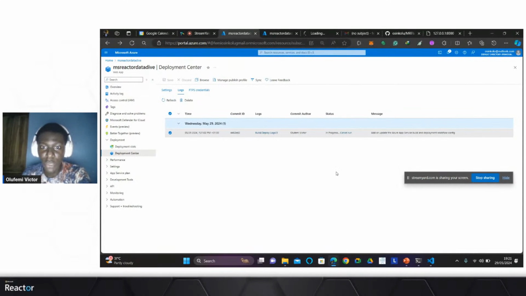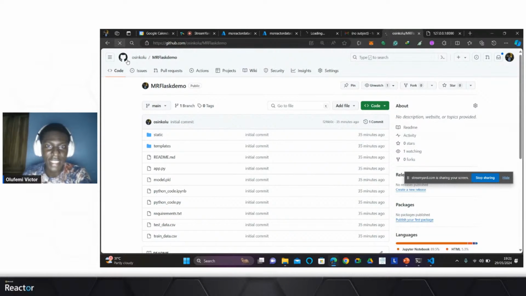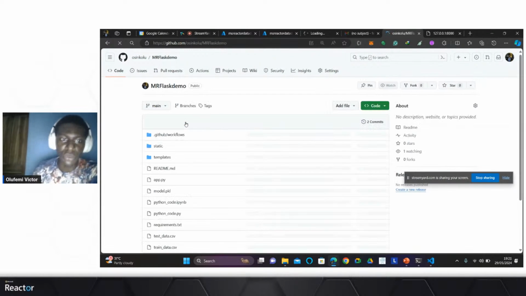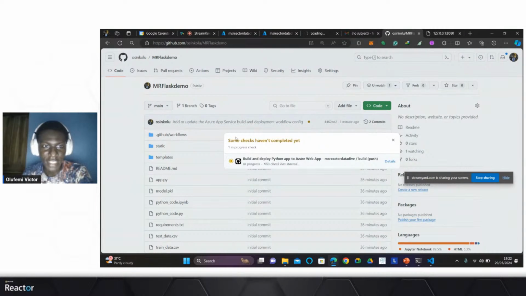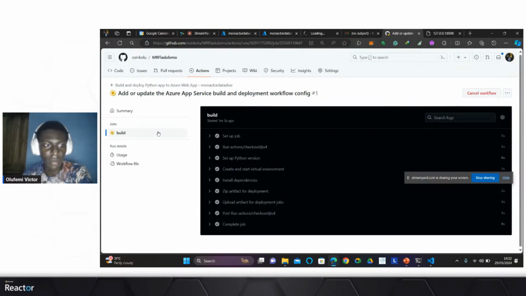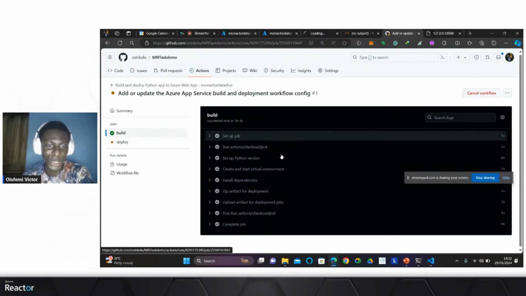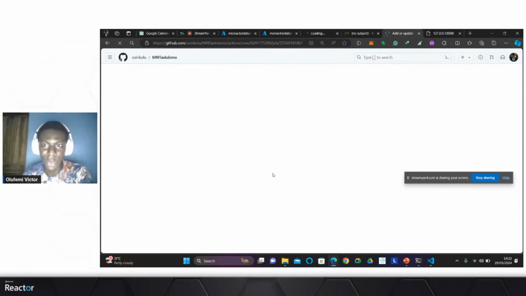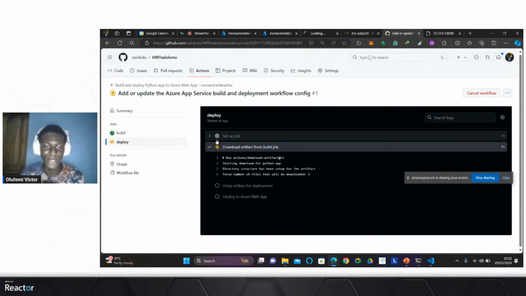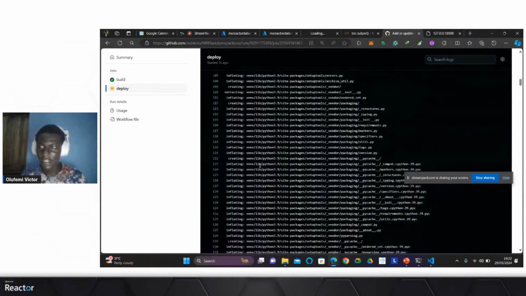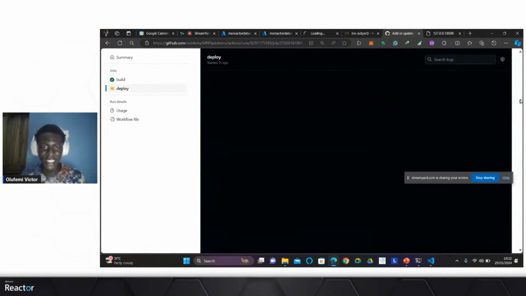So this is in progress. And mind you, you can actually watch the progress, because Microsoft automatically connects you to your GitHub, and if you go in here, you can check out the GitHub Actions which they've added directly to your GitHub repository, right? So you can then check out the details. Oh, okay, so the building is complete. Let's see deploy as well. So deploy is starting the job. Hopefully we run without errors. Okay, so inflating. You can see a lot of stuff going on here.